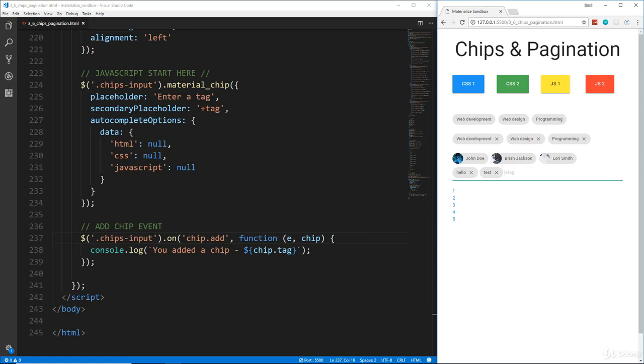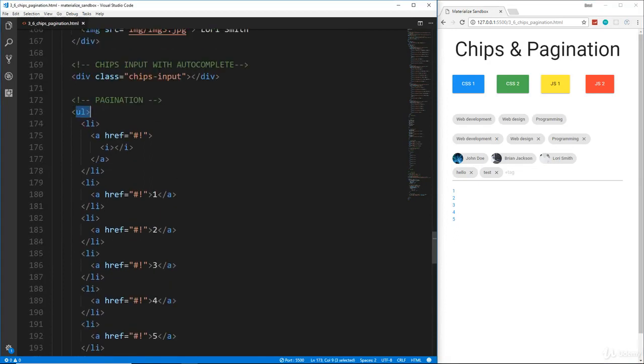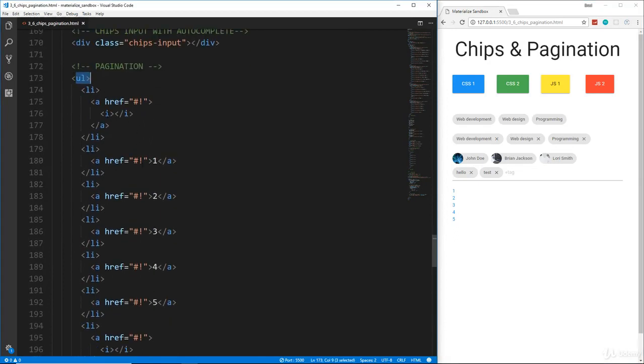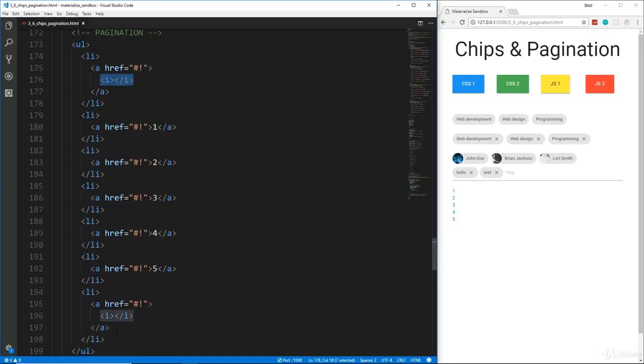All right, so now we're going to take a look at pagination, which is pretty easy. It's just a couple classes we need to add. Basically, we just have a UL with a bunch of LIs with an A tag, and the first and last one have icons, so they have I tags. So what we'll do is add a class to the UL of pagination,